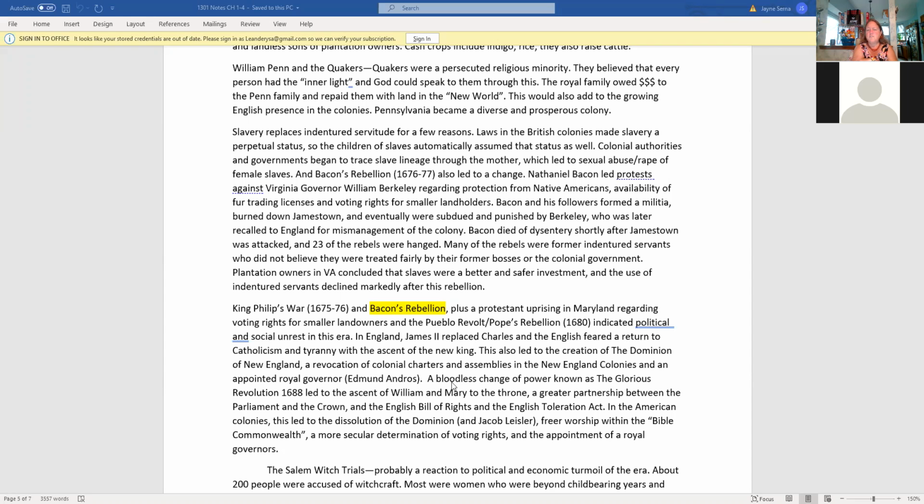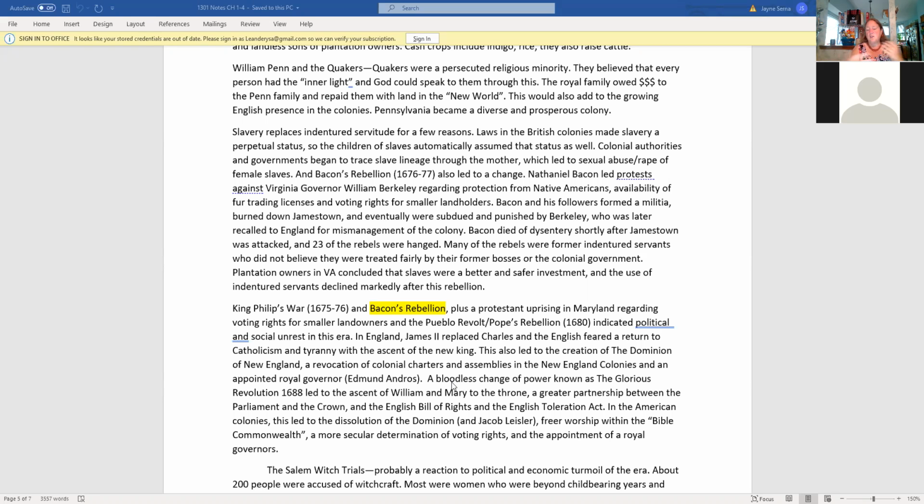So all of those Northern Puritan style colonies that were used to congregational government in their church and in their town, they were not okay with the Dominion of New England. So the Dominion of New England, the reign of James II, is going to be replaced during the Glorious Revolution. It's a bloodless change of power in England, where William and Mary